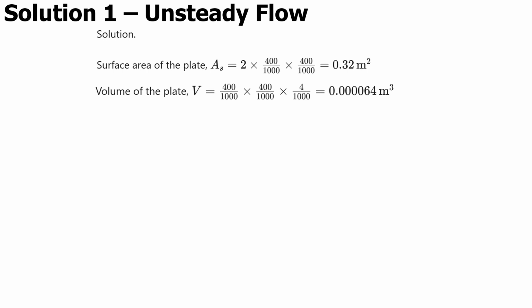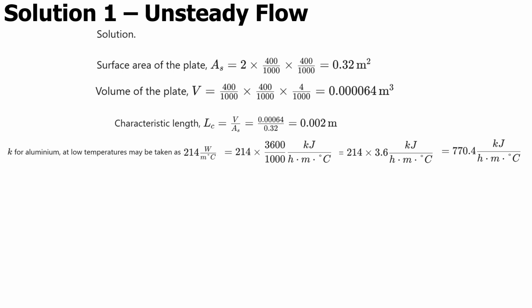0.000064 meter cubed. Next, we calculate the characteristic length LC, which is a crucial parameter in unsteady heat transfer. It's defined as the ratio of the volume to the surface area. In our case, LC comes out to be 0.002 meters. This length helps us to determine if the lumped capacitance method is applicable. To proceed, we need to determine the thermal conductivity K, which is given, and we use the value that is in